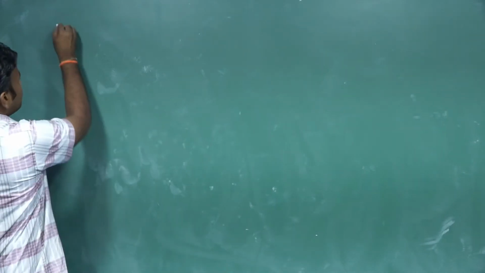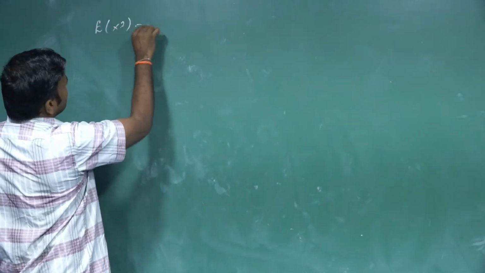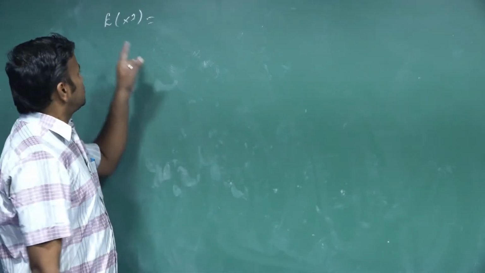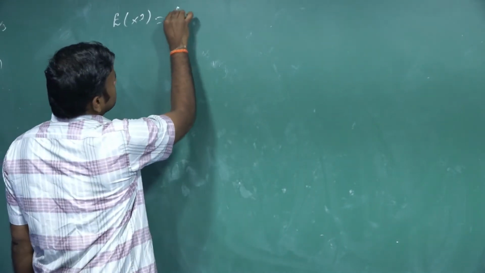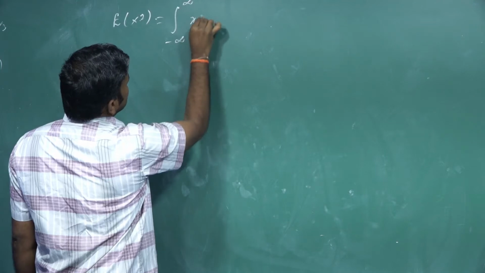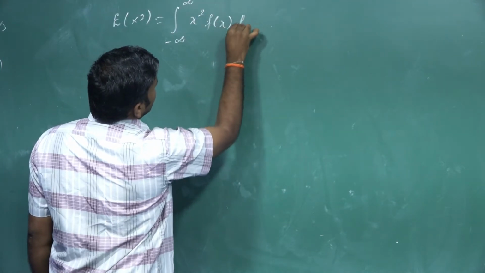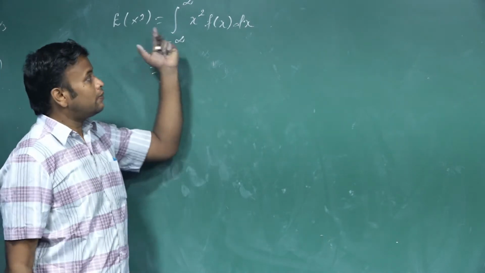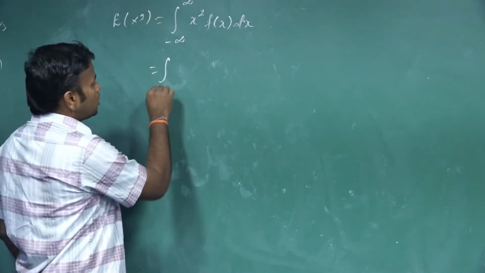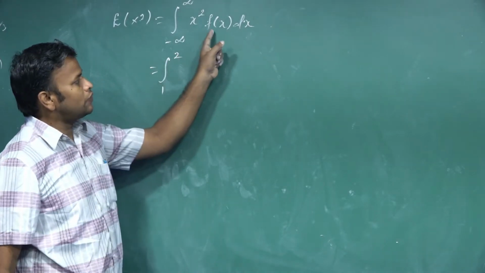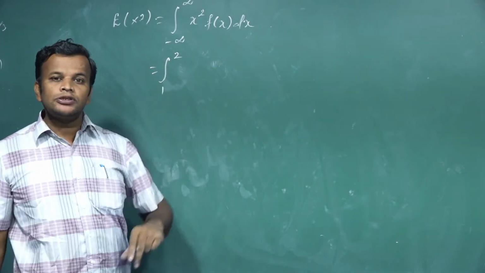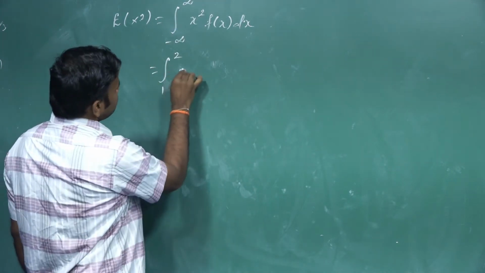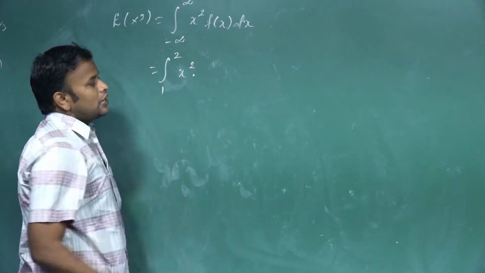Next we find the value of E of x square. Actually we find the variance, but the formula of variance is E of x square minus E of x the whole square. So to find E of x square, the formula is the integral from minus infinity to plus infinity of x square into f of x dx. The interval becomes 1 to 2, because only in this interval f of x has a value; in all the remaining intervals f of x is 0. So the limit minus infinity to plus infinity becomes 1 to 2. In this interval f of x is defined as